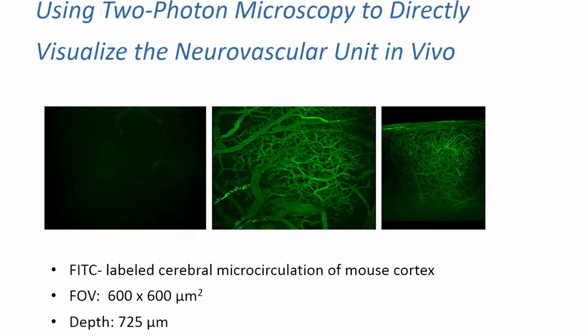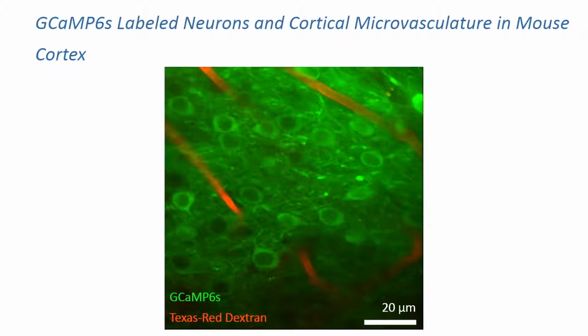So you can really see not only the large vessels, but you can see the capillary network really well in these animals. And then one of the greatest tools that has been developed is a way for us to not only visualize the neurons, but visualize neuronal function, and this is with the introduction of genetically encoded calcium indicators of the family GCaMP. And we have also seen a few talks already in this conference about the use of GCaMP